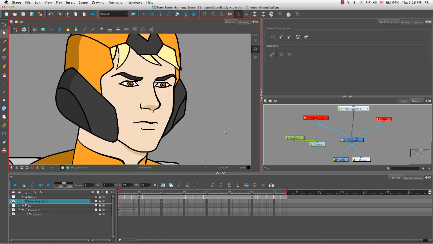Welcome to the tutorial how to import sound and add lip sync. So in this tutorial, I'm going to show you how to import a sound file into your Harmony project and then how to map the character's various mouth positions to make it seem like your character is saying the words in that sound sample. So to begin, you should always prepare your sound file outside of Harmony in a third-party